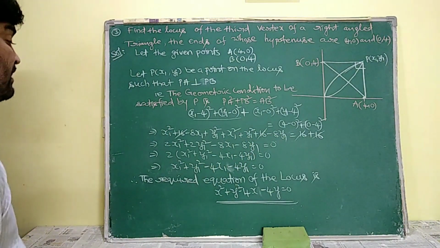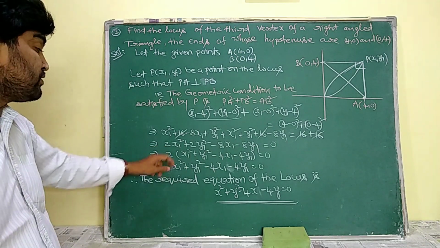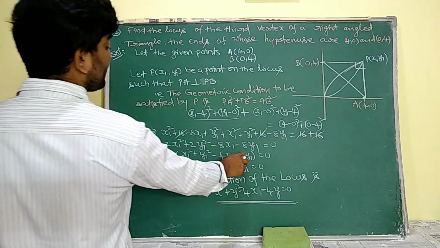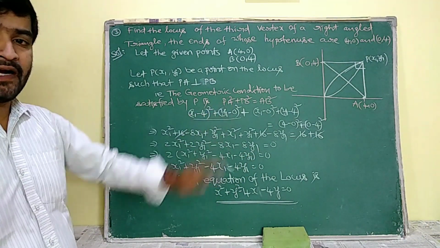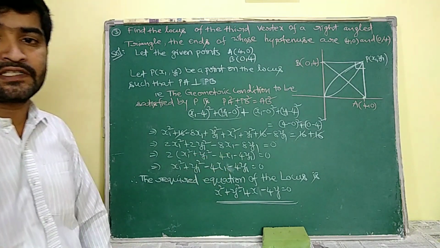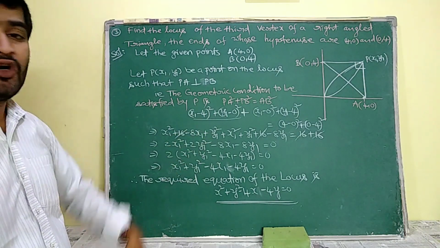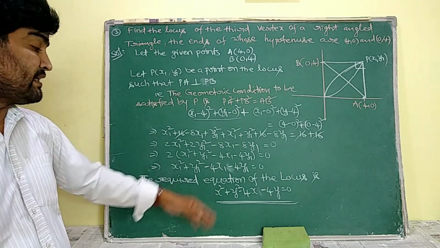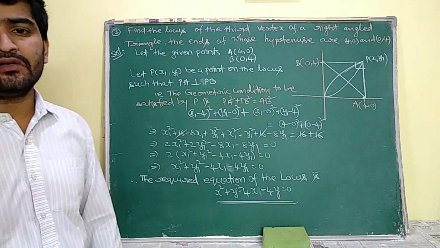So, in this entire equation, now 2 is common, so take out the 2. So 2 into (x1 square plus y1 square minus 4x1 minus 4y1) is equal to 0. Now transfer the 2 to the right hand side. Then x1 square plus y1 square minus 4x1 minus 4y1 is equal to 0. Therefore, the required equation of the locus is, we replace x1, y1 with x comma y. So that is x square plus y square minus 4x minus 4y is equal to 0.